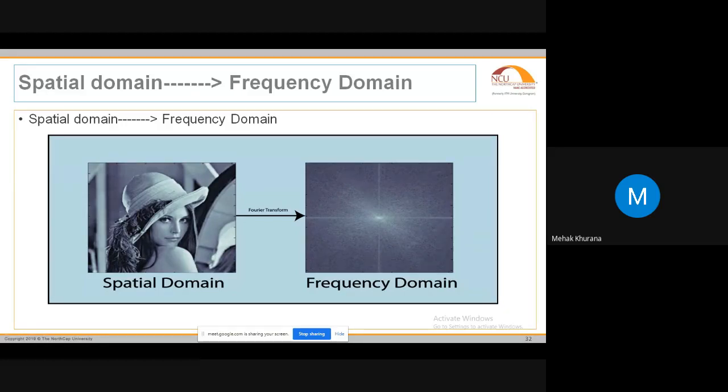So here I have converted my spatial domain image into a frequency domain image, where we do not even know the format. On the left-hand side we can know the format, whether it is JPG or GIF, while on the right-hand side we do not need to know the format of this frequency domain, because it will always give me a similar picture. On the left-hand side it depends on the quality; according to that, the frequency domain will be converted, and after that I can embed the data inside the frequency domain.